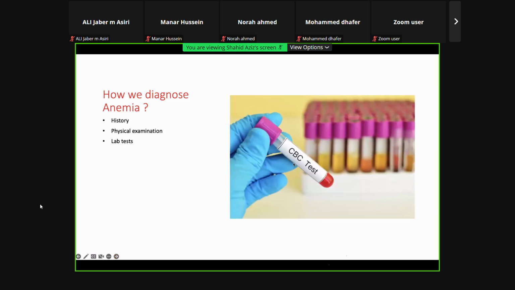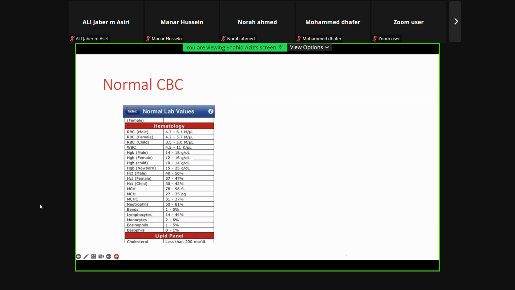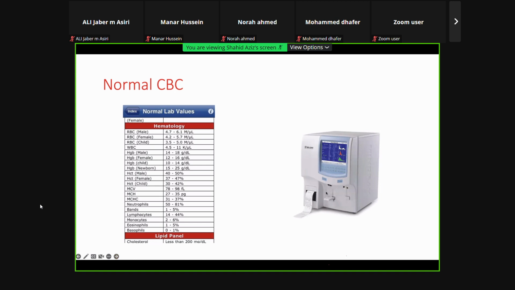So the first test that you have to always do is complete blood count, CBC. So this is a normal CBC. You can see the components and the values, the ranges given on the right-hand side. And the CBC is done from an automated machine, like you see here on the right-hand side. You put the blood sample here, and it will give you computerized automated values, so it is very easy to obtain. But it gives you a lot of information,